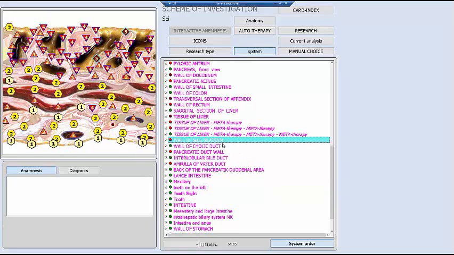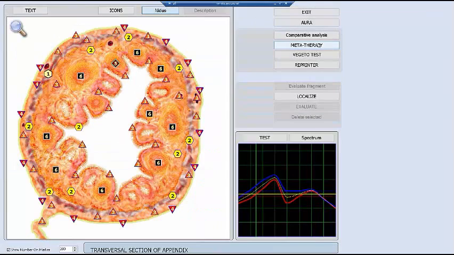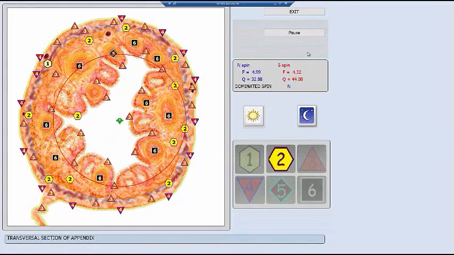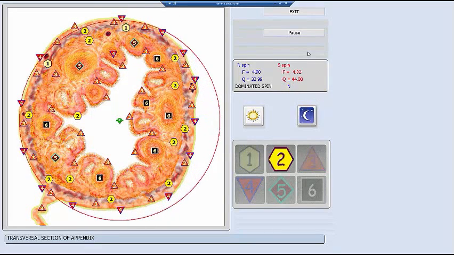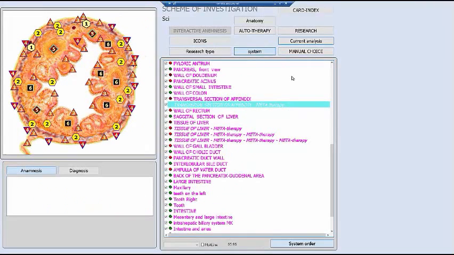It's really quite simple, easy to do. So here you'd go to your next item. We have the transversal section of the appendix, which has more 6s. We'd hit current analysis, metatherapy, start. And so you would do this until you have gone through all the issues that needed metatherapy,